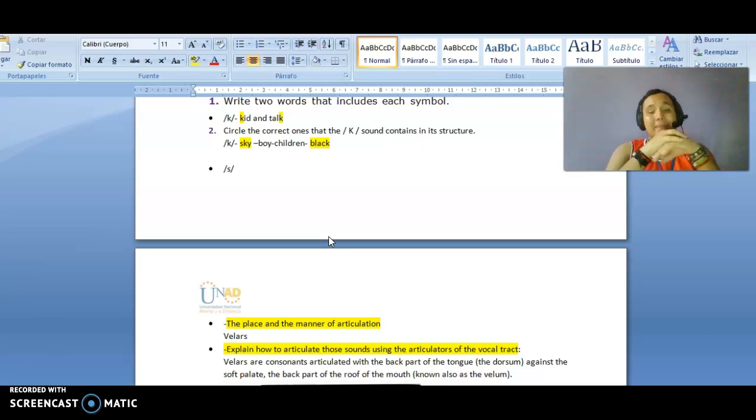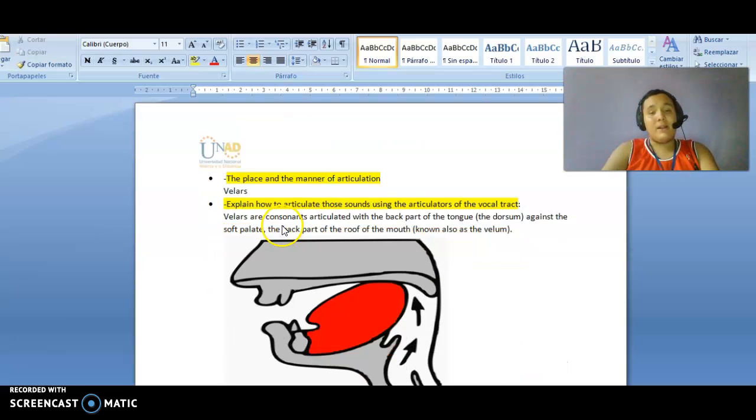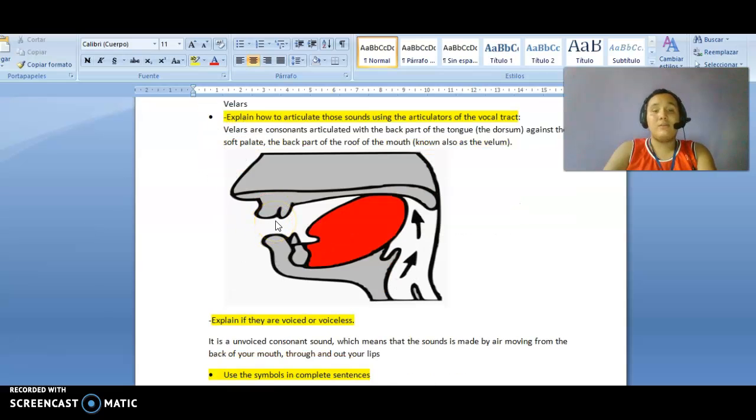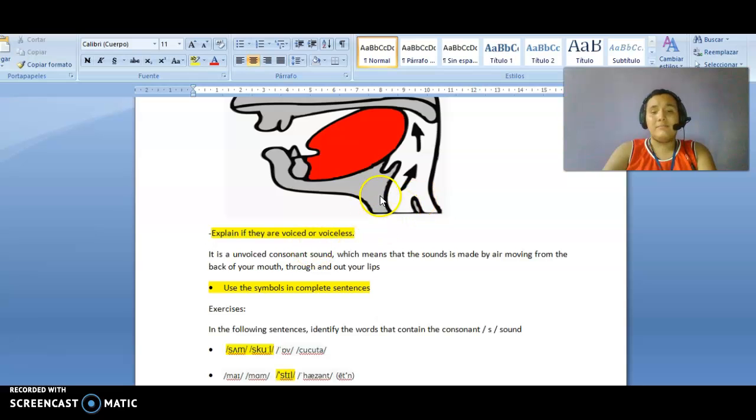Now, my second consonant sound is S. The place and the manner of articulation is better. It explains how to create those sounds using the articulation of the word attack. There are consonants articulated with the back part of the tongue, the dorsal, against the soft palate, the back part of the roof of the mouth. Now also explain if they are voiced or voiceless. It's a voiceless